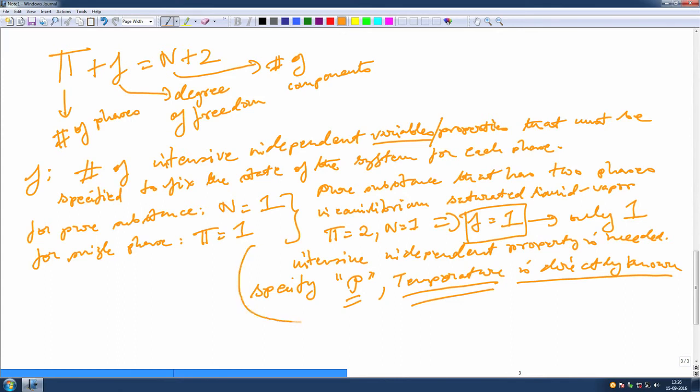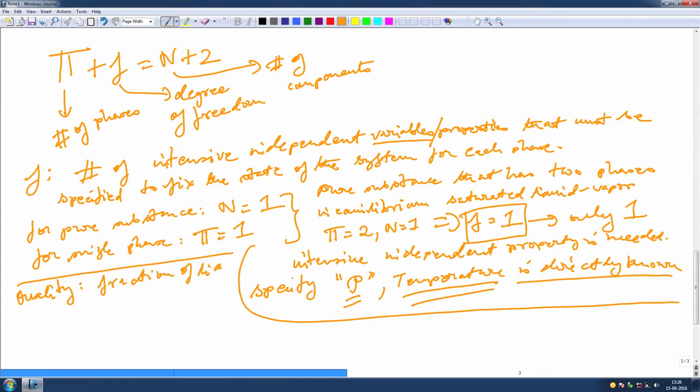So, the temperature is directly known because the Gibbs phase rule actually states that only one is needed. However, we do not know the relative abundance of each of the phases. If you have heard the word quality, what is quality? Quality means the relative fraction of vapor and liquid. If that is not known, and in many cases it may not be known, you do not know the relative abundance, but you can definitely know that if you specify temperature, the pressure is known. So, you just need one thermodynamic